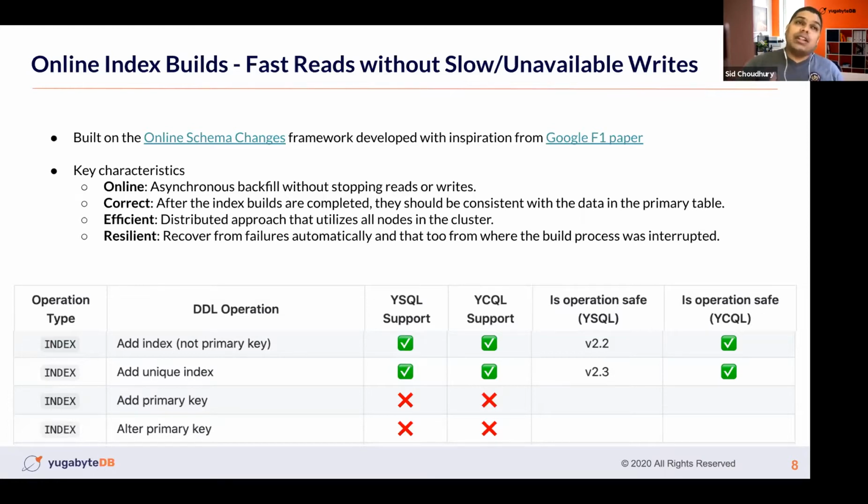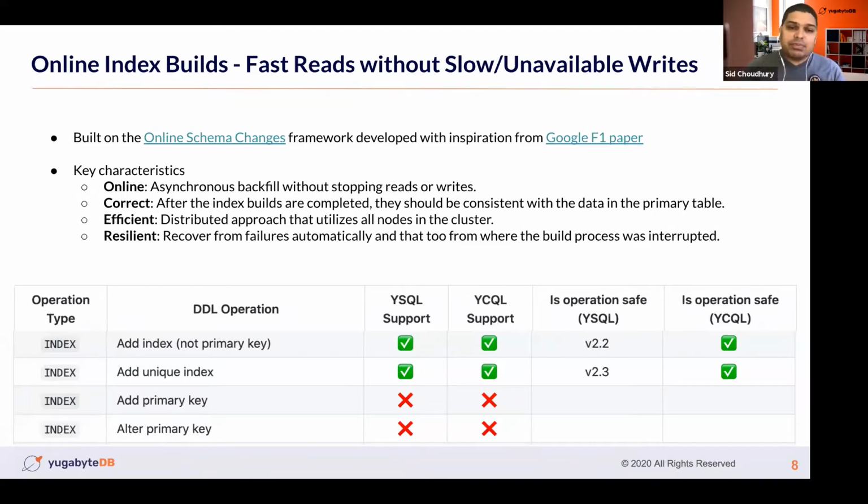It's easy to fill the value of the index when new writes come in. It's this backfill where the challenge is, and especially let's say you have millions of rows already populated, then how do you make that backfill online becomes an interesting problem. Second, it has to be correct.